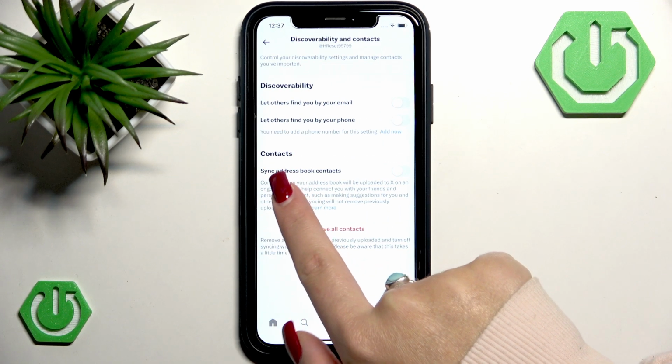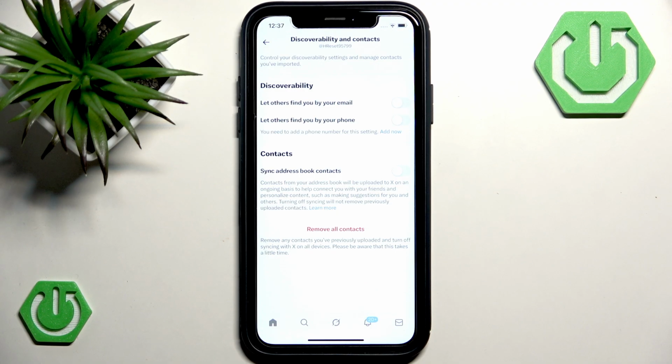And under the tab with contacts, you see this option that says Sync address book contacts, and please turn this on. After this, the X application will ask if you want to give access to all of the contacts that you have on your phone, or you can select specific contacts that you want to share. So do that. And after you do that, you have to go to the Explore tab at the bottom of the screen,